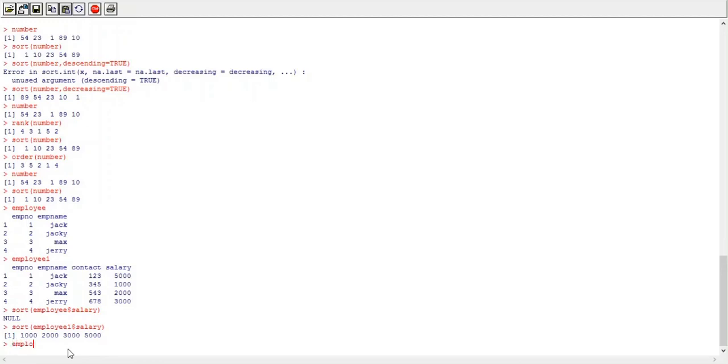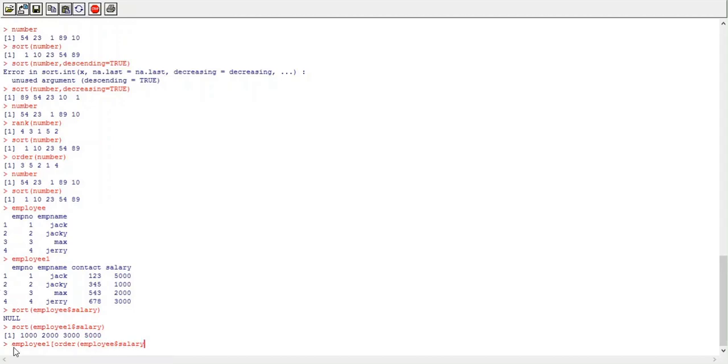The syntax is: first write down the name of the data frame, then in square brackets write down the name of the function, that is order, then in parentheses write down the name of the column by which you want to sort your data frame.